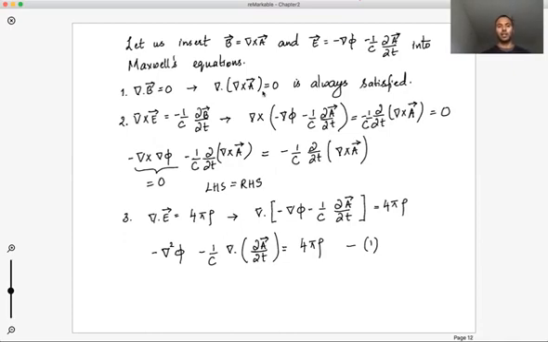That's always satisfied. Okay, so let's get to Faraday's law of induction. Curl of E is minus 1 by c dB by dt. Let's substitute for E. And again, here is the motivation. E is basically,